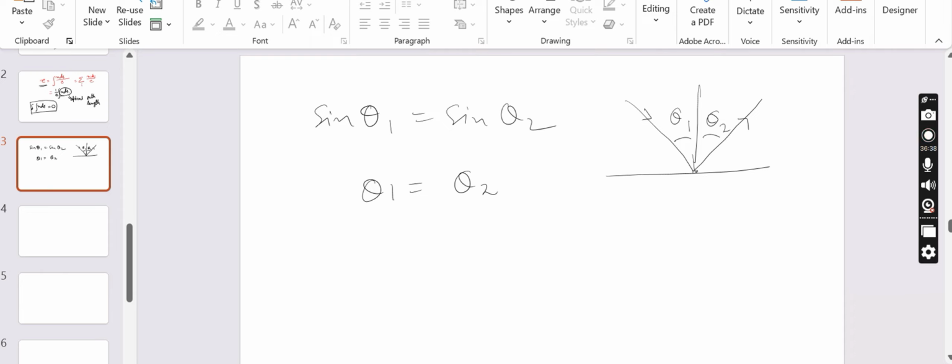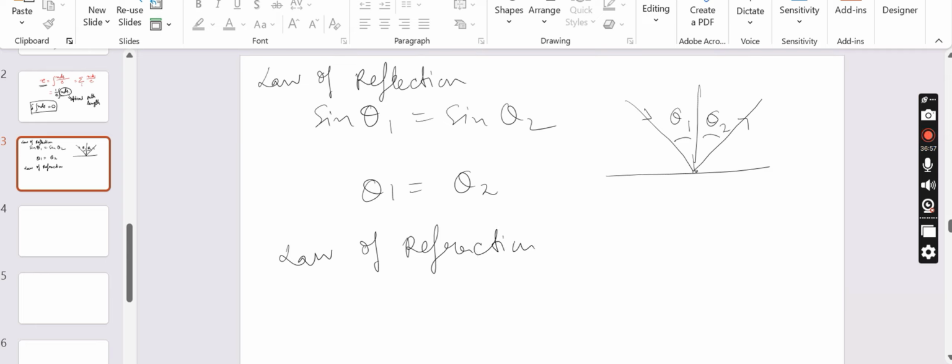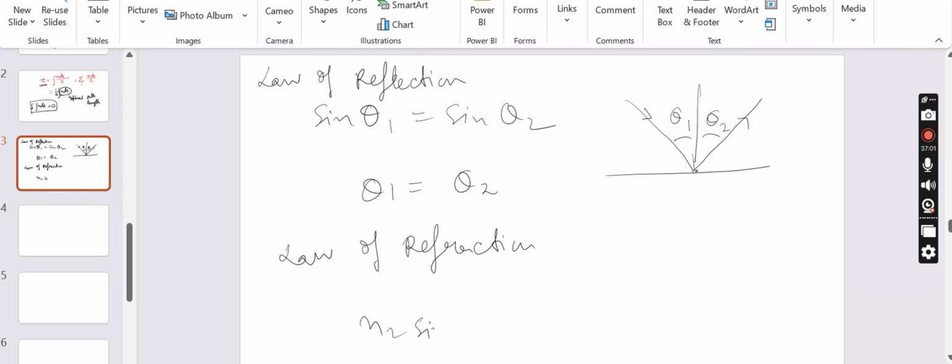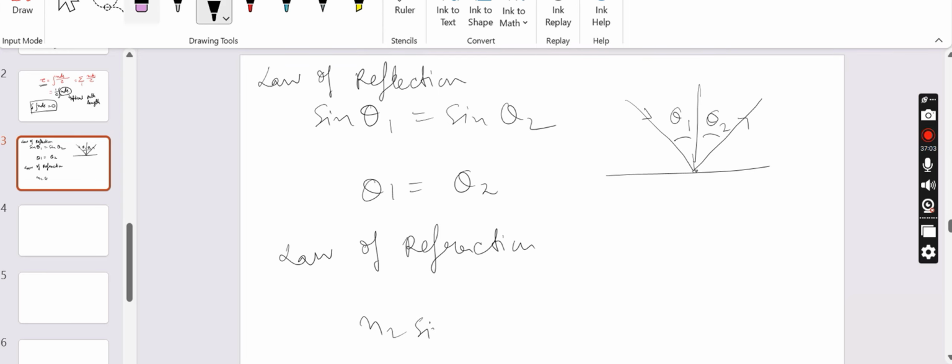That has been shown in the class. And also the law of reflection and the law of refraction have been established, that is n sine theta. So in reflection,